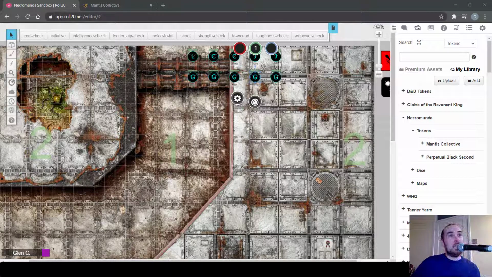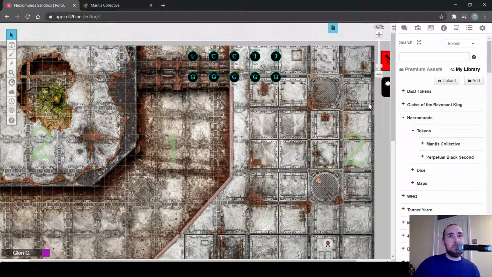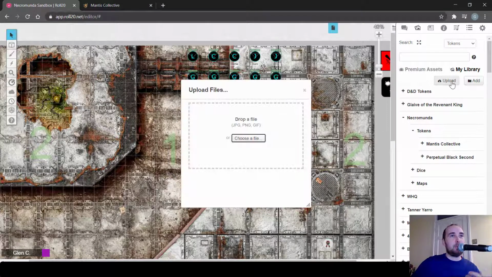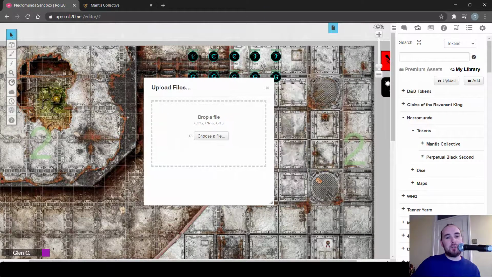So first thing, in Roll20, I'm in the images part and I want to upload my tokens. I've got them ready to go out of this window and uploading images to Roll20. You can either choose it here or you can just drag and drop them in. So I'm going to load in all 4 of those tokens,